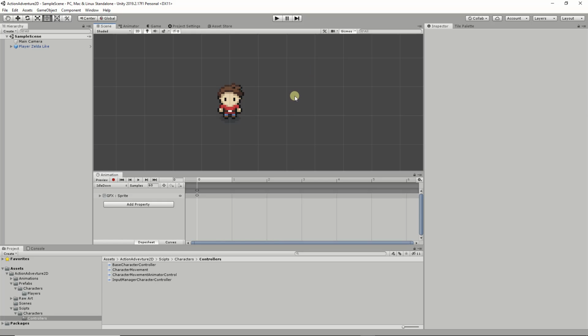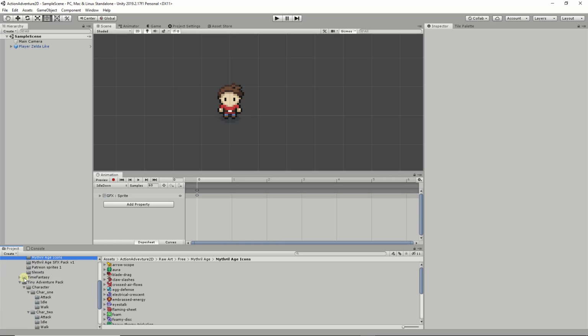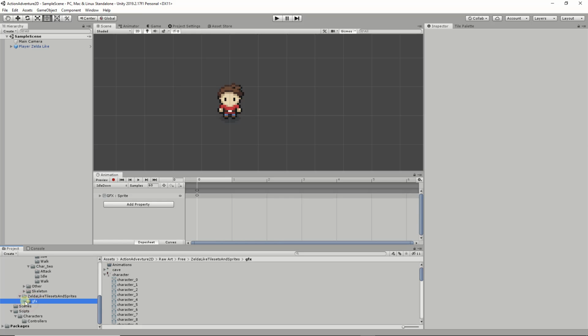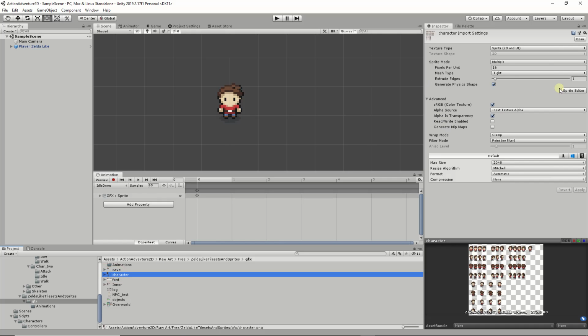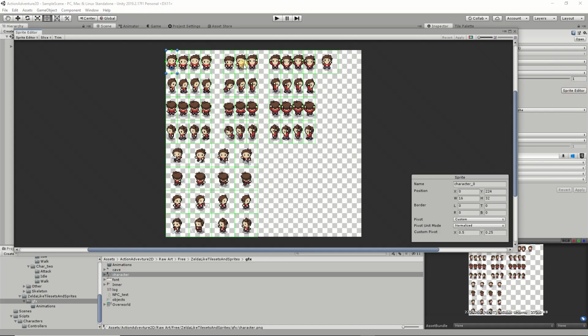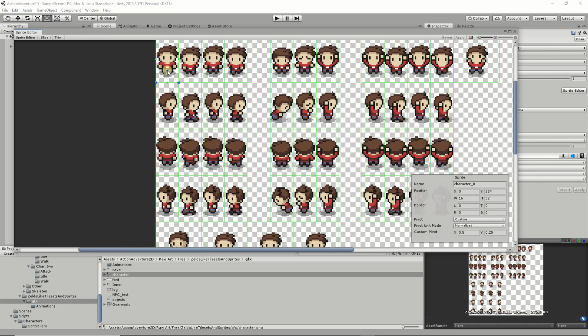Alrighty, welcome back. So, let's do a quick recap on what we've gotten so far. We've downloaded our free sprite sheets: Mythril Age, Time Fantasy, Tiny Adventure Pack, and the Zelda-like tile sets and sprites. We've talked about how to set up our characters' sprite sheets to have the individual sprites split up in Unity. We've talked about the pivot point,